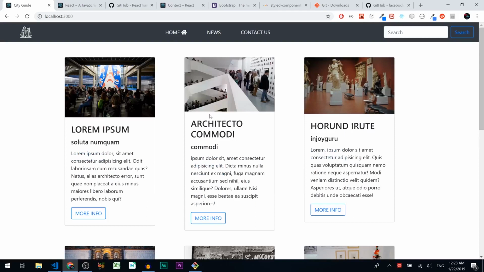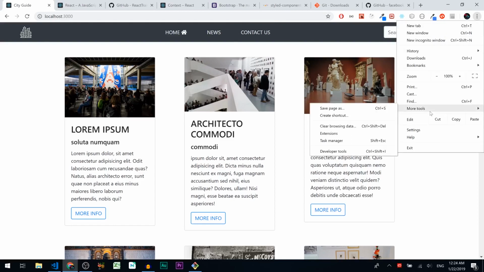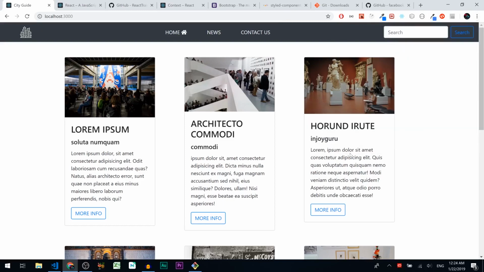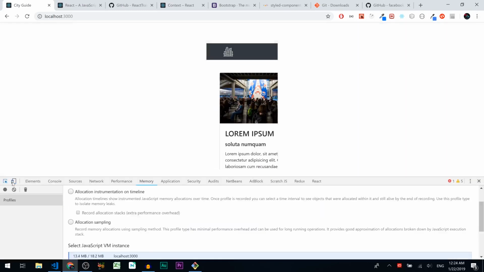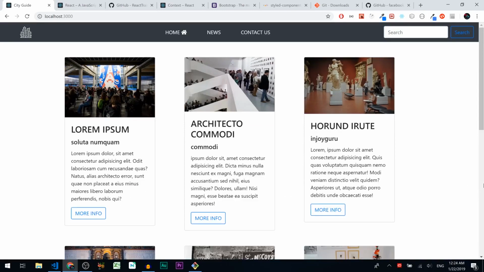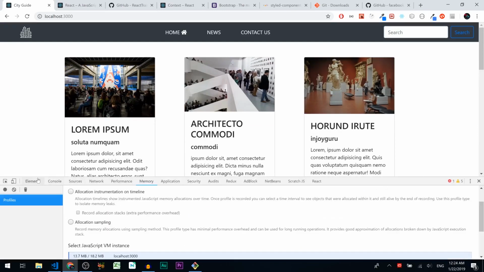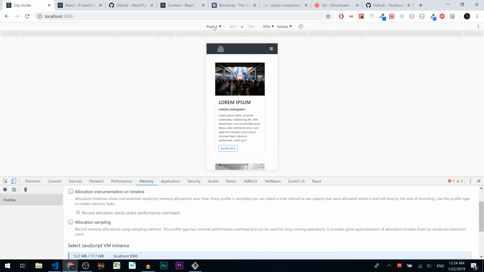And the last thing I want to show you: this app will be responsive for all screens. Let me show you how it will look on mobile devices. To see it, we need to open the browser DevTools. If you use Google Chrome like me, then go to the right corner of the browser, click on these 3 dots, go down to more tools, and click on developer tools. Or you can use the keyboard hotkey, just press Ctrl+Shift+I. Then in the left corner click the toggle device toolbar icon, or press the hotkeys Ctrl+Shift+M. As you see, we can choose a particular model and check how it will look.